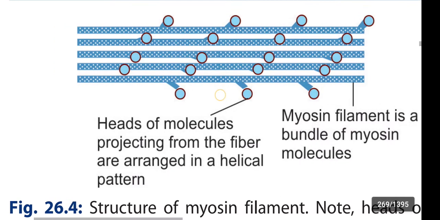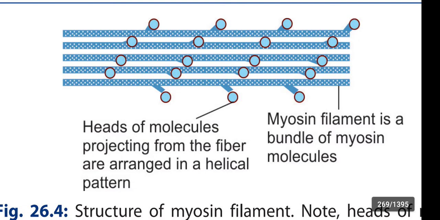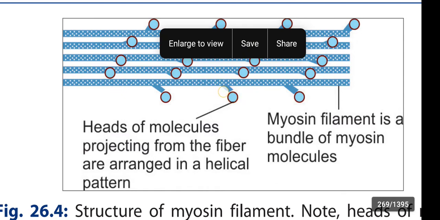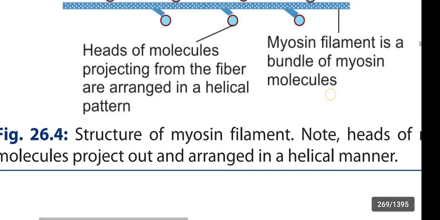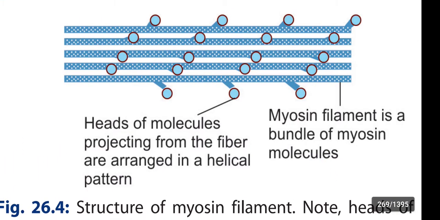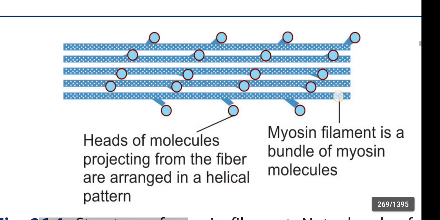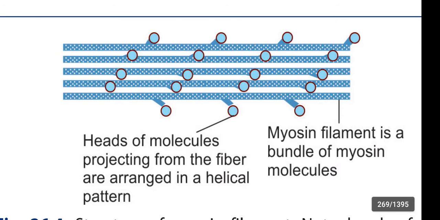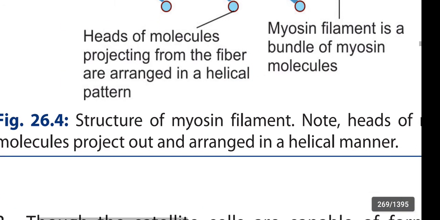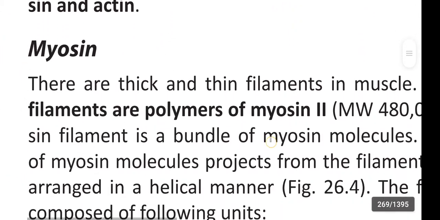The head is coming out. You may see here, this is in a helical pattern. These heads are projecting out from this filament. And this myosin filament is a bundle of myosin molecules. Okay guys, next,